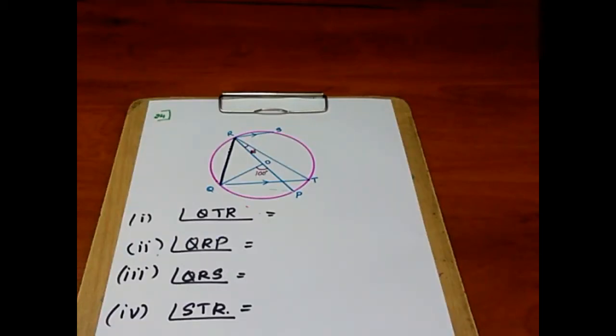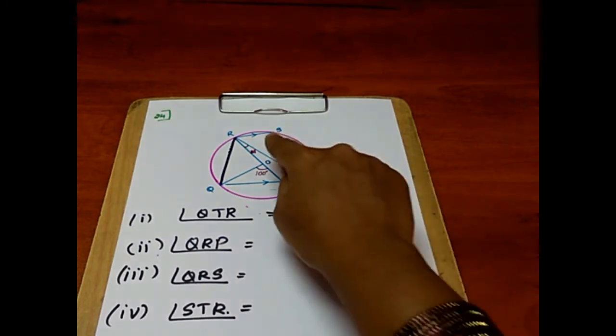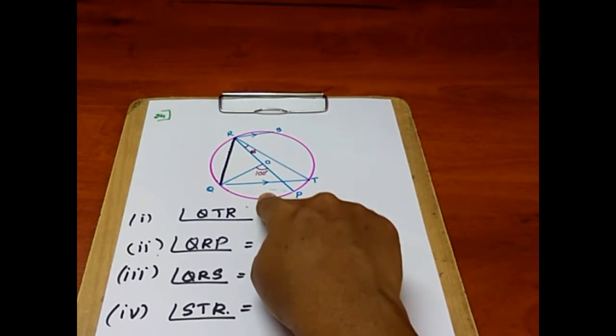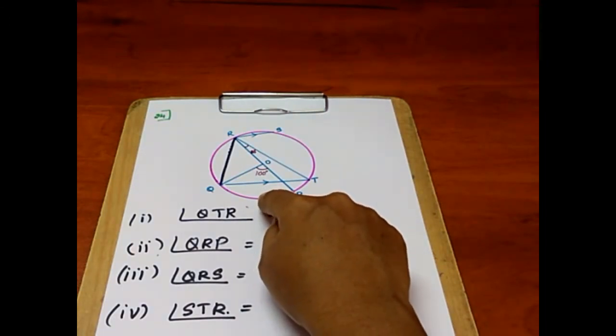Hello everyone, welcome back to maths class, the continued part of exercise 18C, question number 24. The given figure shows a circle with center O such that chord RS is parallel to chord QT. Kindly note this down in the diagram, children. The chord RS is parallel to the other chord QT.